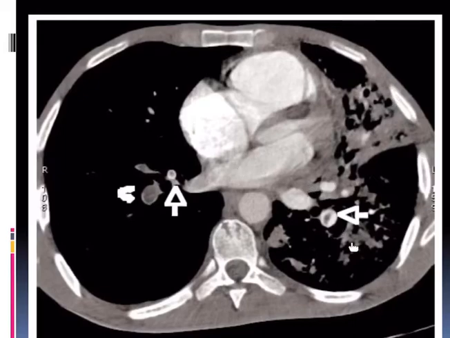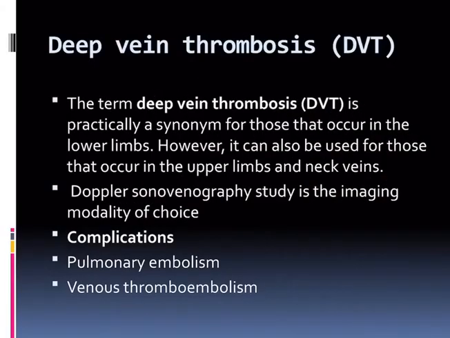What about this area? This is actually consolidation. Which window is this, lung window or mediastinal window? This is mediastinal window because the lung is all black here. Consolidation appears white on the mediastinal window, but on the lung window it is all gray with black areas, because it is water, and water is gray on the mediastinal window of chest and abdomen.